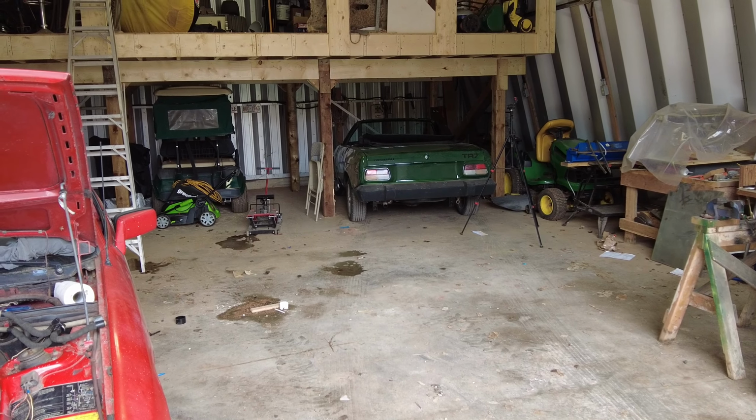Yeah, there's the TR7 there. Now, I went out and I did lawn mowing and all that kind of stuff. But this thing here, back onto the